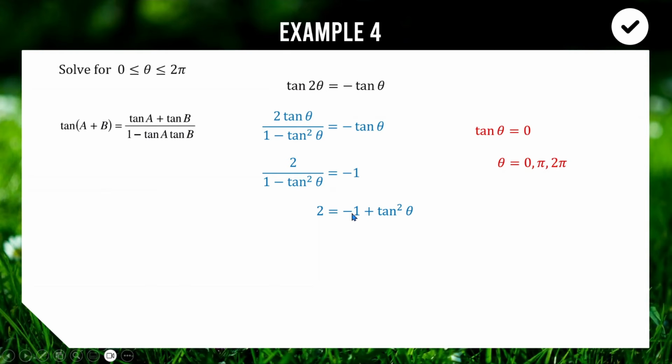Now I'm just going to add the minus 1 across the left to make tan squared theta equal to 3. Now we can just take the square root of both sides, but don't you forget to do that plus minus, or you'll be throwing away solutions and marks. Okay, so now to finish it off, we are solving tan theta equal to plus minus root 3 between 0